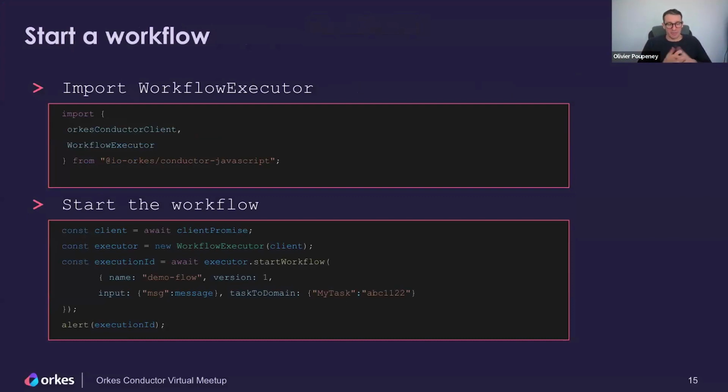This is even easier than creating a worker. You still have to import, this time, a workflow executor, still the Orkes conductor client, because you need that connection with the Conductor server. And to start the workflow, you're going to create your promise as usual. You're going to create a new workflow executor with that client, so the connection is made securely. And then you can